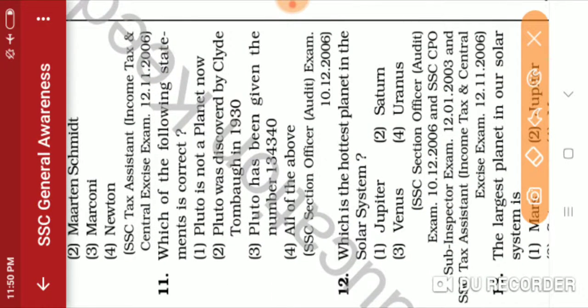Next question. Next question is that which of the following statement is correct? Pluto is not a planet now. It's correct. Pluto is not a planet. Pluto was discovered by